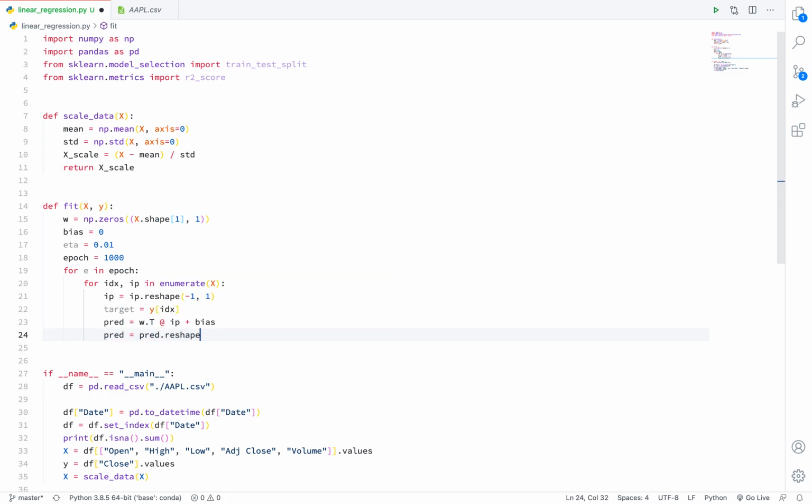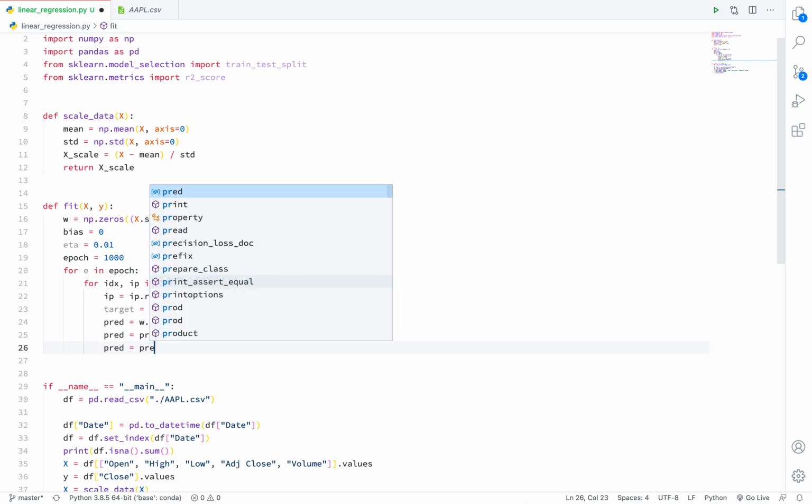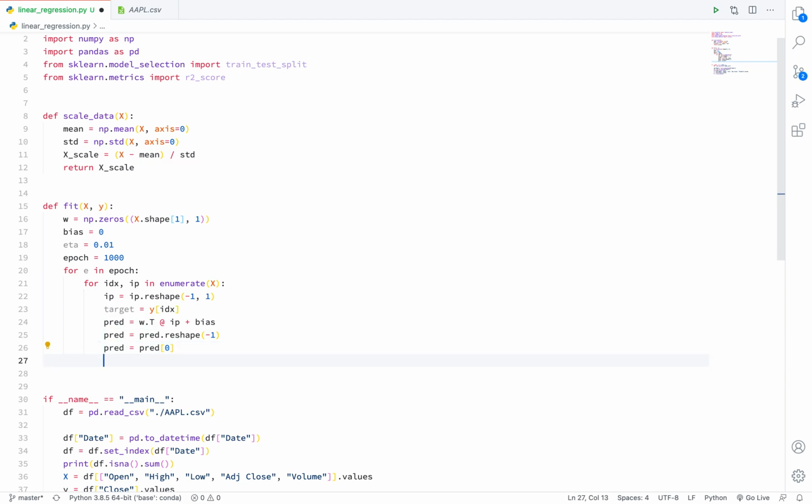We want a one-dimension prediction. We are converting this 2D array to a 1D array using reshape -1. Now just extract the value from this array. Now you have your prediction.